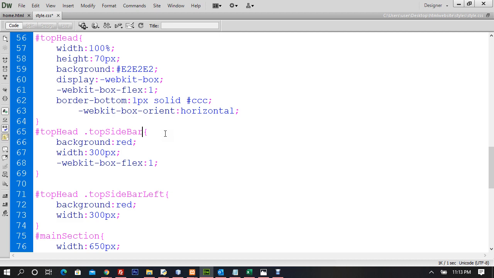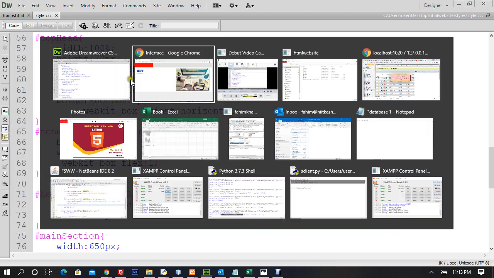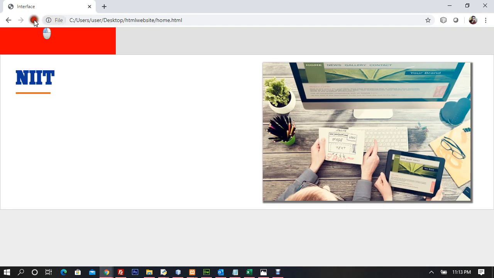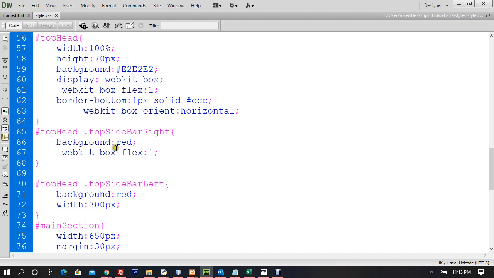Okay, I'm targeting left. Okay, right. I have to use right and left. Yeah, sorry. So now this right is flexible. It's going to take the entire available area, right? And it is not going to have any width of 300 pixels. So let me take it. So red has to take the available area,